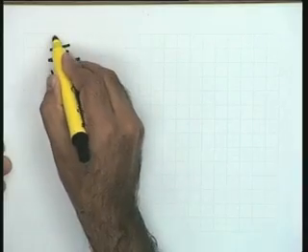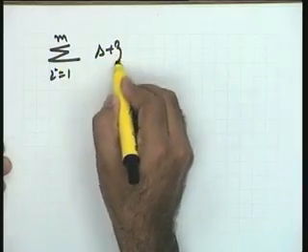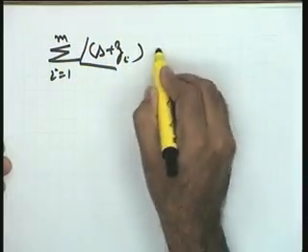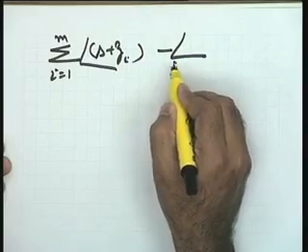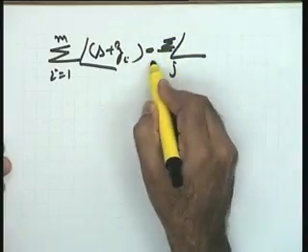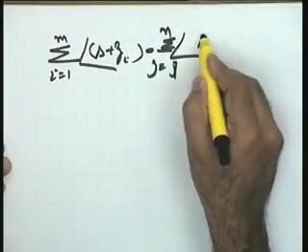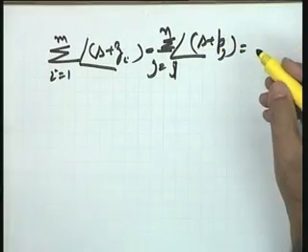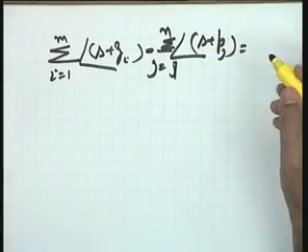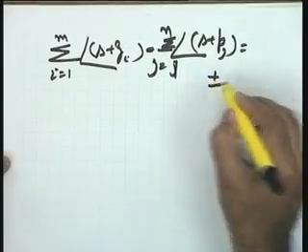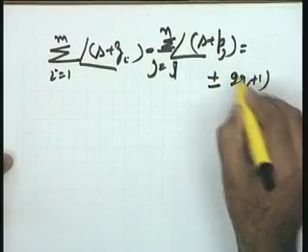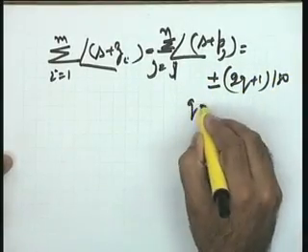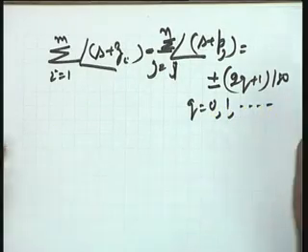the sum over i equal to 1 to m of the angle of s plus zi, minus the sum over j equal to 1 to n of the angle of s plus pj, is equal to what? It is equal to an odd multiple of minus 180 degrees. So I have put it in this form: plus minus (2q plus 1) into 180 degrees, where q is equal to 0, 1, 2 and so on.